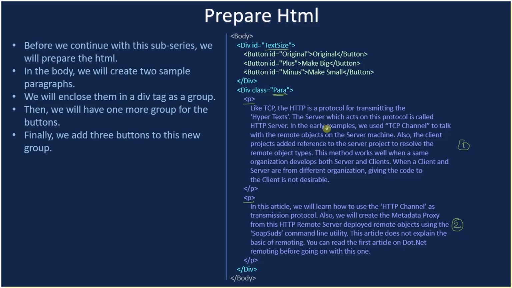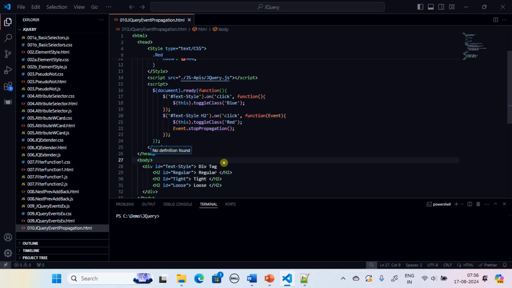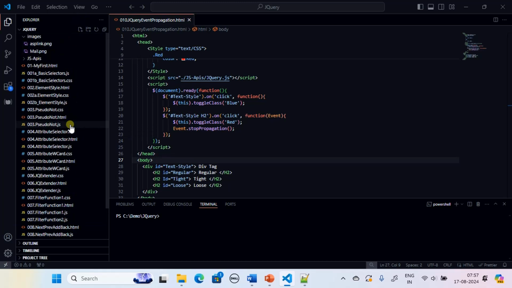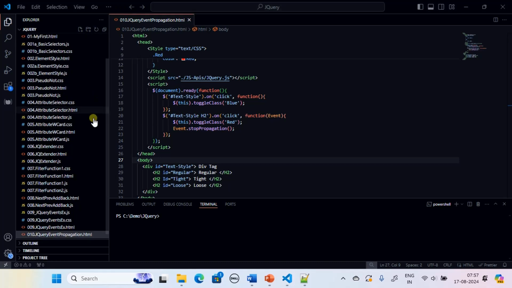One is the button group, and we call that button group text size, and another one is the paragraph group, and we call that with a class attribute para. Now let's go ahead and create this HTML. Now we will create a new HTML file. And we will call that file as